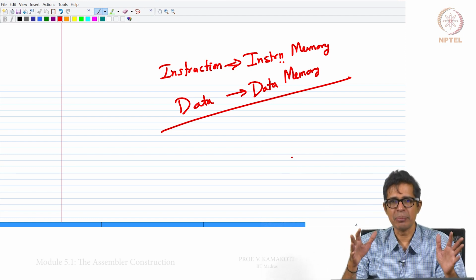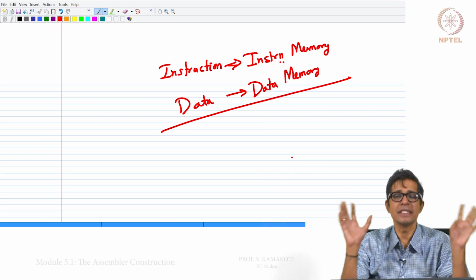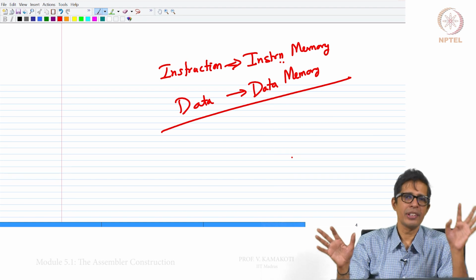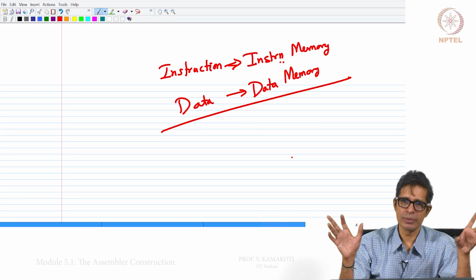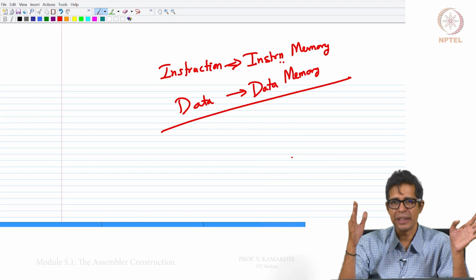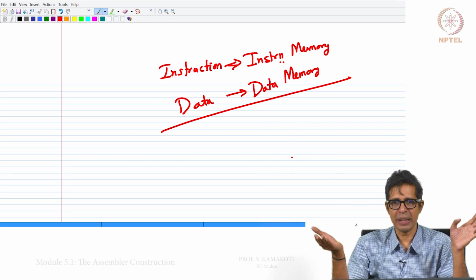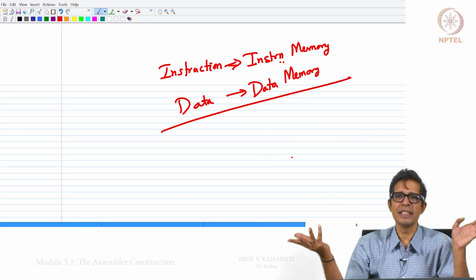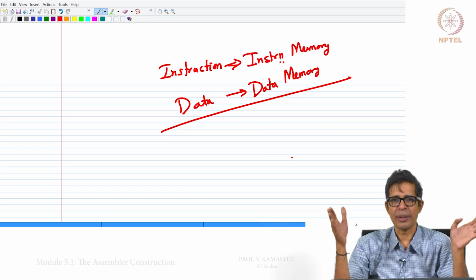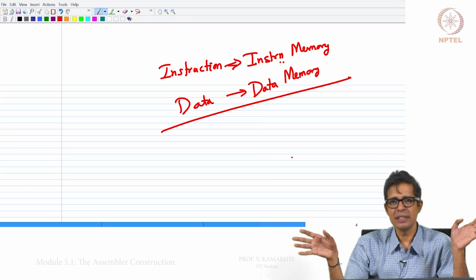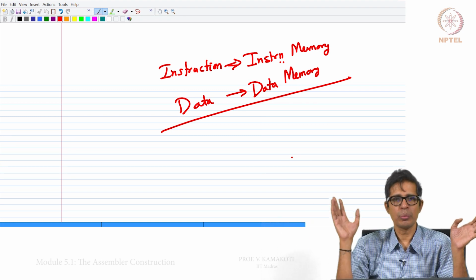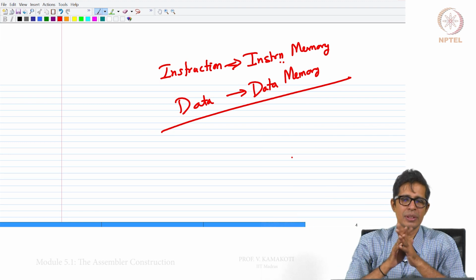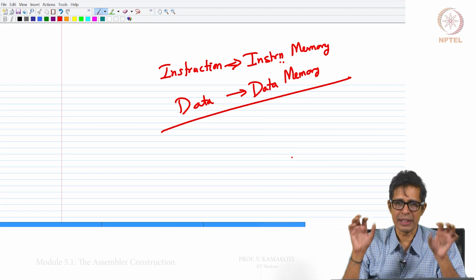When we write an assembler, the first thing we need to know is the memory model. The memory model here is that instructions are separate, starting from 0, and the data is separate and again starts from 0. We could have up to 16K of data, and after that we have 8K of screen, and then 1 word of keyboard. This is how the whole thing is organized.